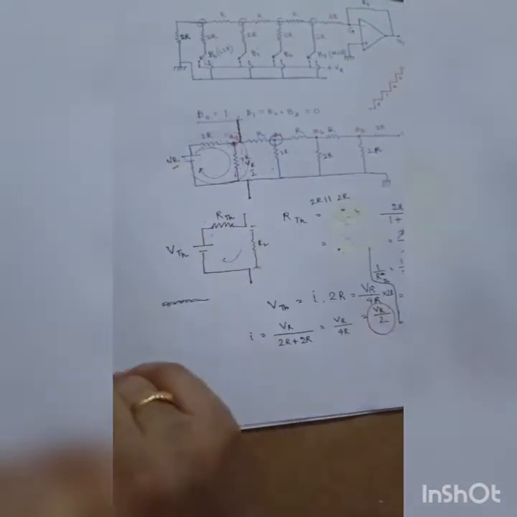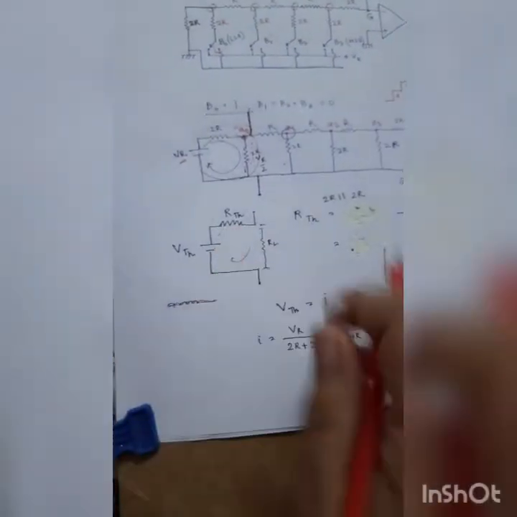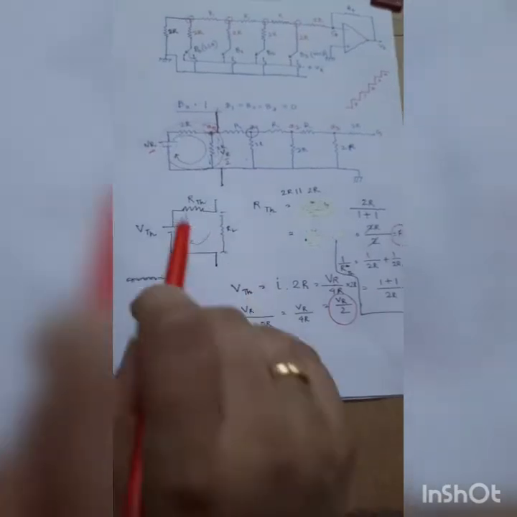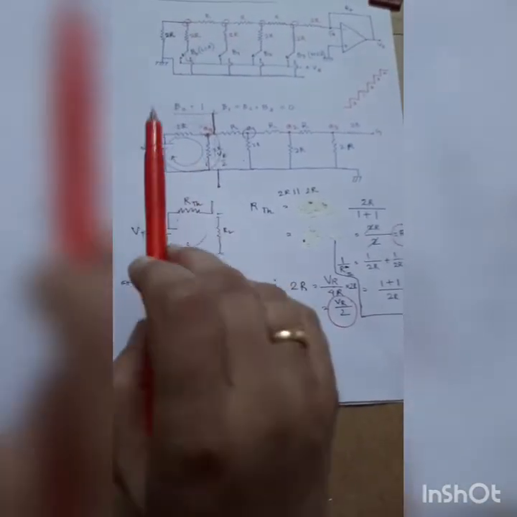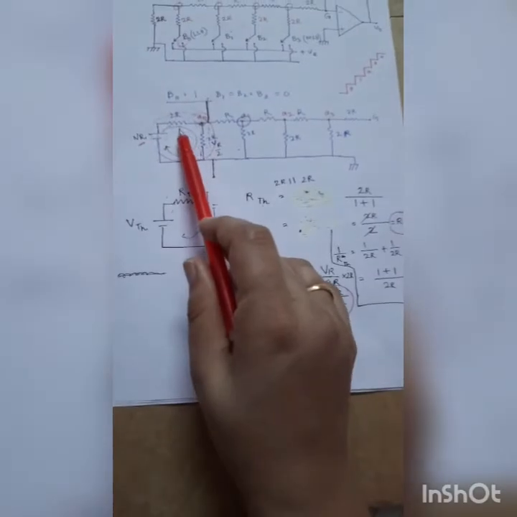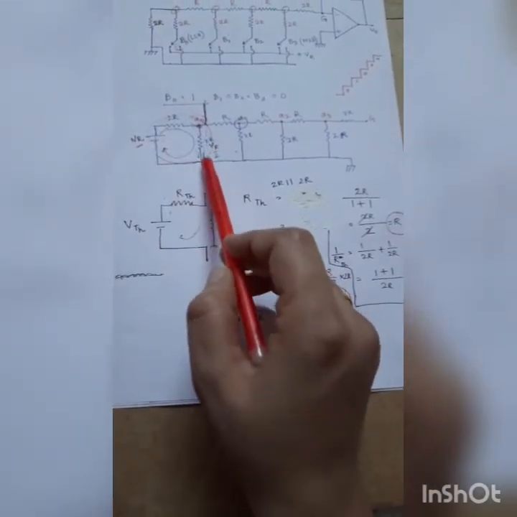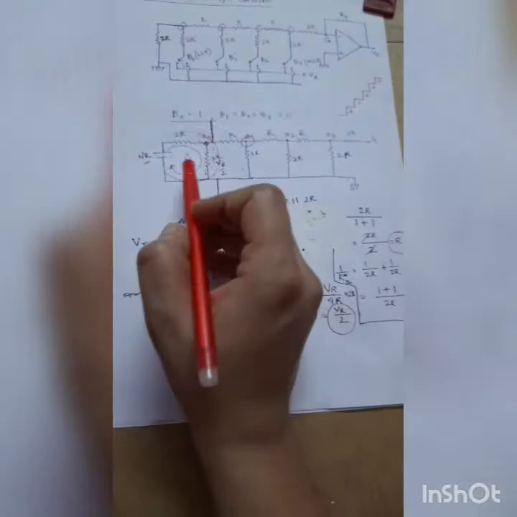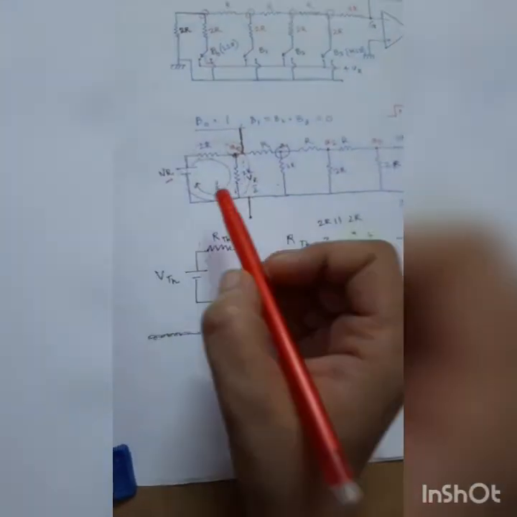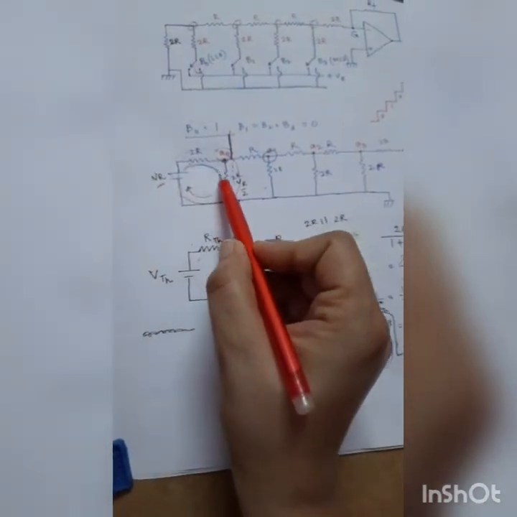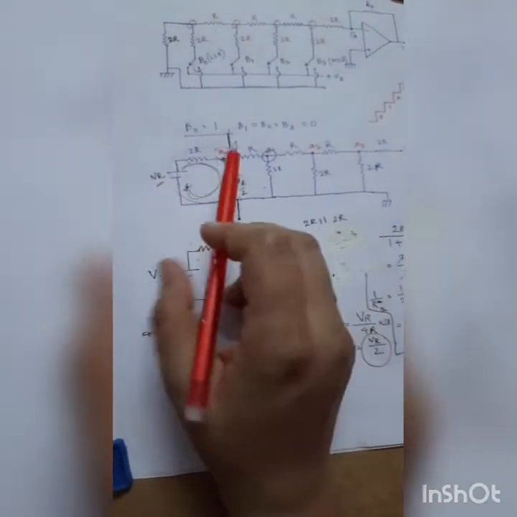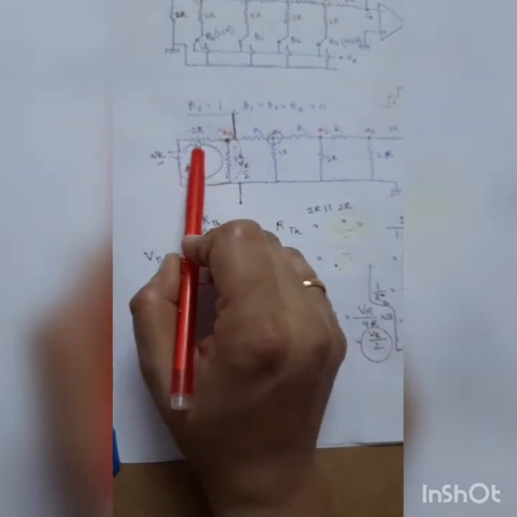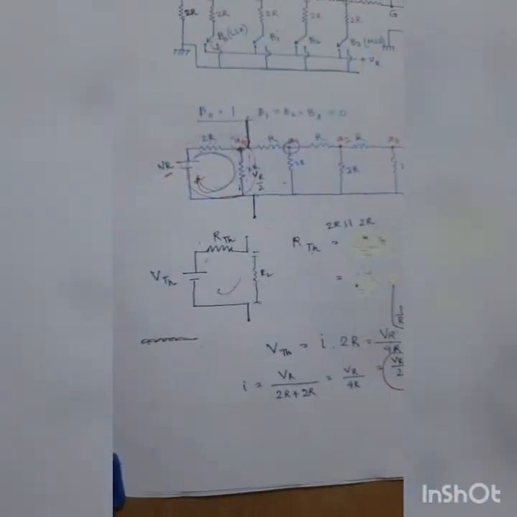So only this circuit. So the RTH is R, and what will be the VTH? VTH will be the voltage drop across the resistance 2R, because we are calculating the voltage drop at this point. So only this 2R will be considered. So what will be the current? We are using only this part of the circuit and the other parts are open. So current will flow this way because no other paths are there. It will face first resistance 2R, and then again resistance 2R here.